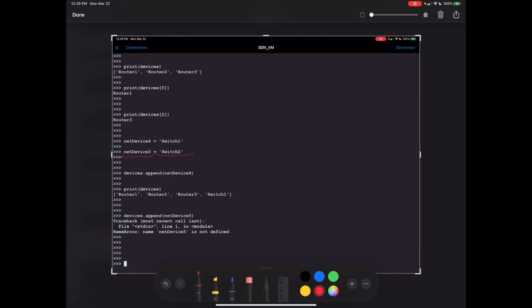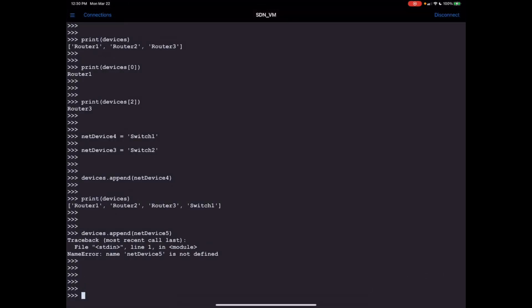So you can see, although I printed it and it says router 3, I declared the list at the top of our code, which was up there. And at the time, that was router 3. I've appended net device 5, but that doesn't mean that I've removed the reference or the value for that variable. So again, could not stress enough why it's important that you actually get into this interpreter and play with Python. So I'll put net device 3, I'll correct that back to